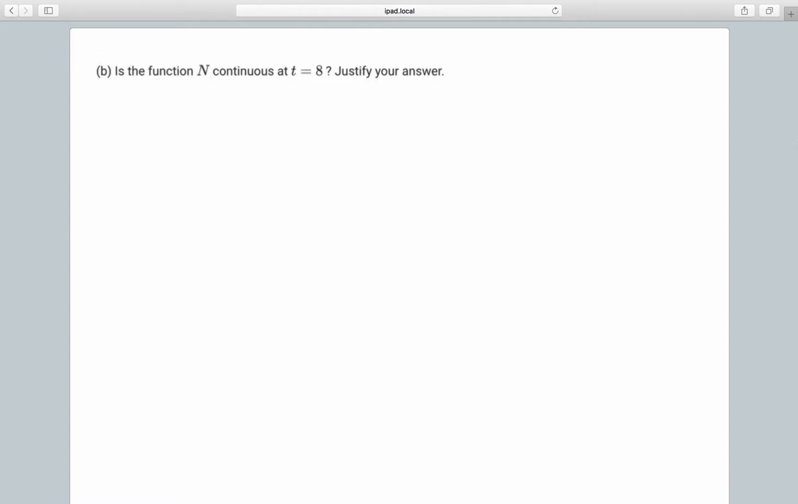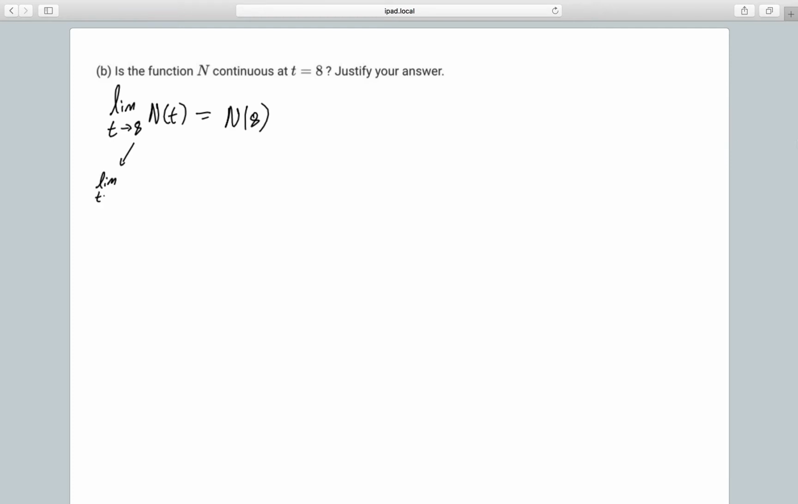All right, so let's move on to B. Is the function n continuous at t equals 8? For n to be continuous, we need the limit as t approaches 8, not infinity, 8, of our function n of t to equal n of 8. So we just need to verify that. This limit implies a couple of things. We need the limit